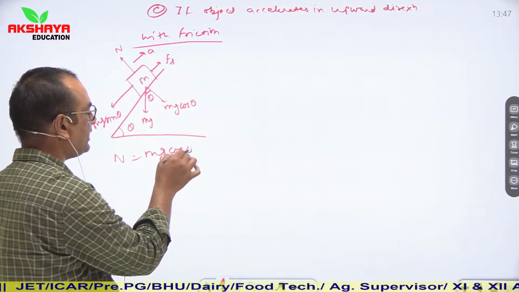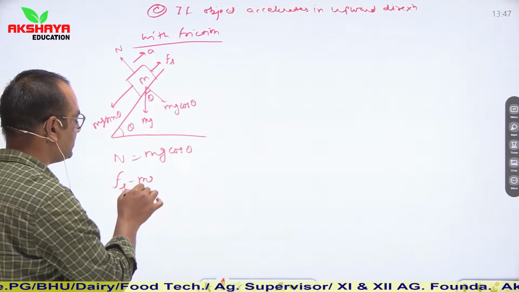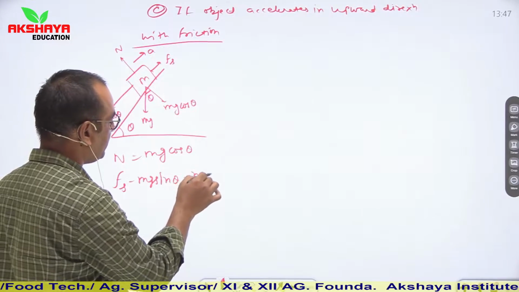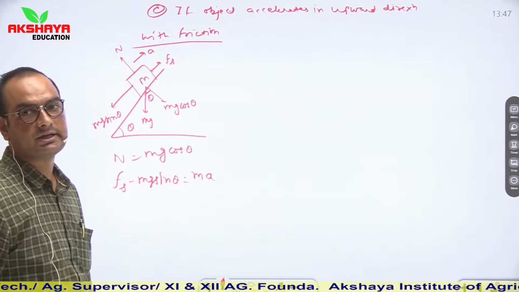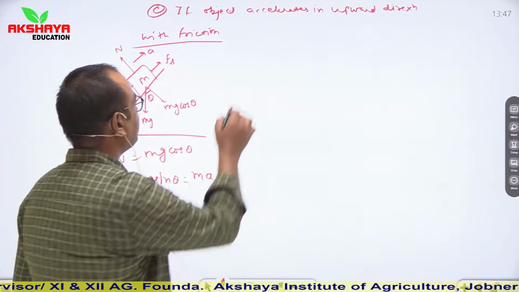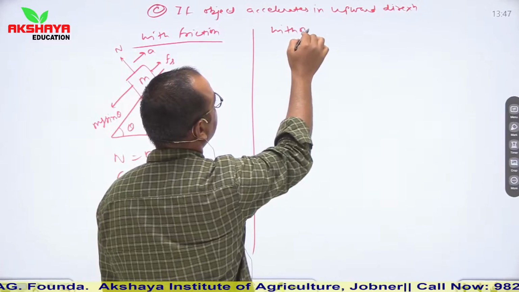Balancing condition में क्या होगा बच्चों? N is equal to mg cos theta, and Fs minus mg sin theta is equal to ma. So this is the relation. From here you can calculate the value of acceleration again. And without friction की बच्चों अगर अपन बात करें, then without friction